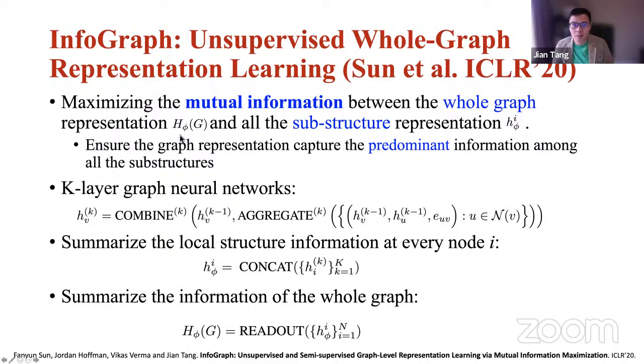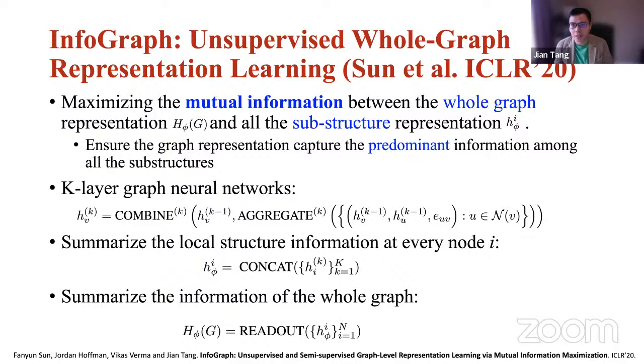This is not too difficult because we can actually use graph neural networks. So what we do here is we use k-layer graph neural networks. H_V^k here is the representation of node V in the k-th layer. Okay, and then what we do is we first summarize all the local structure information at every node by concatenating the